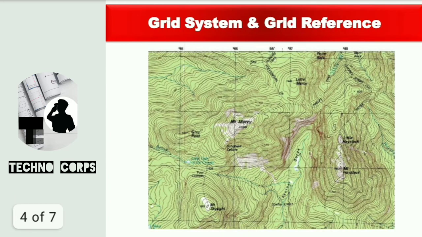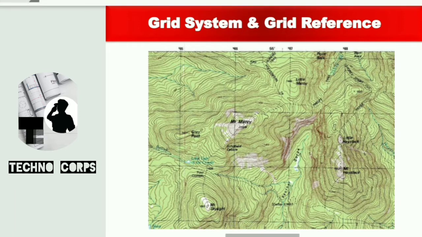Okay, the first one is called the 4-figure reference and the second one is called the 6-figure reference. Right? So for the 4-figure reference and 6-figure reference, we need to see what number to indicate in that reference. So here, as you can see, some numbers are mentioned, right? So like that you will have the reference numbers on all types of maps. Similarly, you will have some reference numbers at this point also.